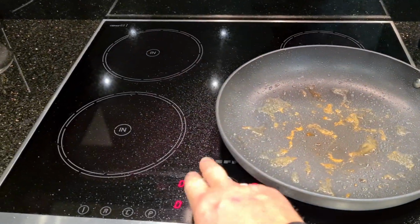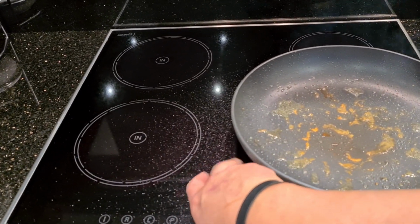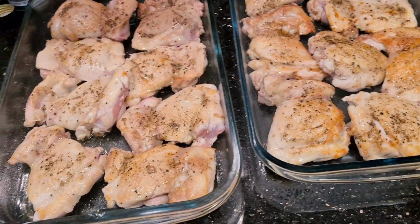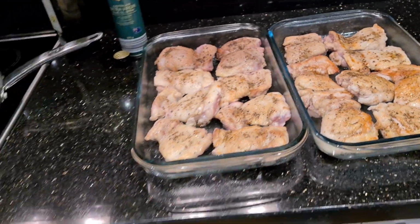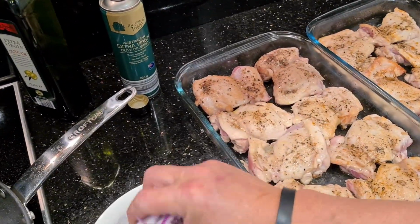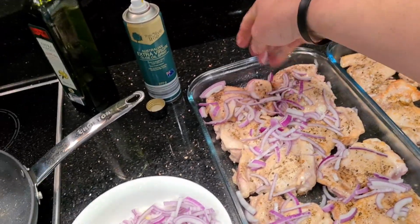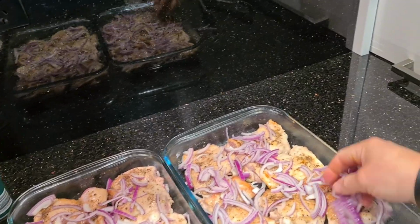Turn this off. Good thing this kitchen's nice and easy to clean because I've made an absolute mess there. So that's our chicken ready to go. Now, it's so simple what I do with this. So grab your onion, and just sprinkle that over the top. You could cook this off first if you wanted to, but it's all going to just cook itself down anyway